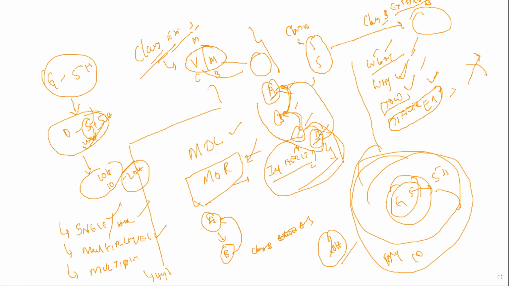How can static variables be accessed in another class, or static methods be called in another class? By using a class name. But as this is inherited, it will be treated as the same class. How do you access static members in the same class? Just by using the name. Here also, just by using the name, you can access it, because it is its own property. So when you have inherited, it will behave the same as in a single class. This is the basic difference between single inheritance and multi-level inheritance.